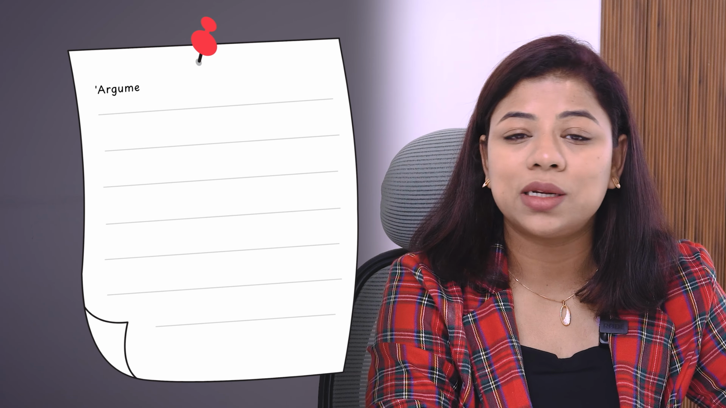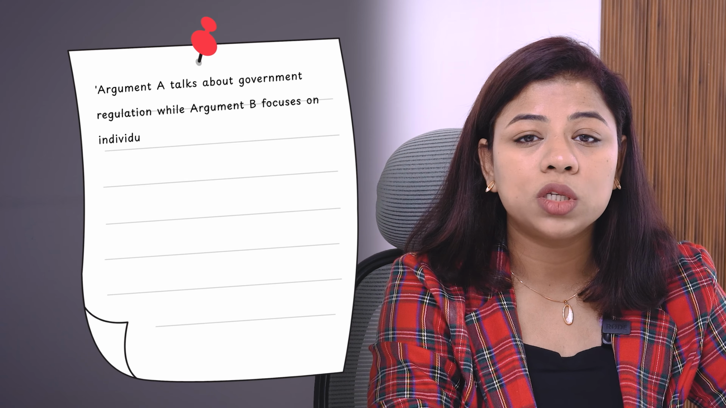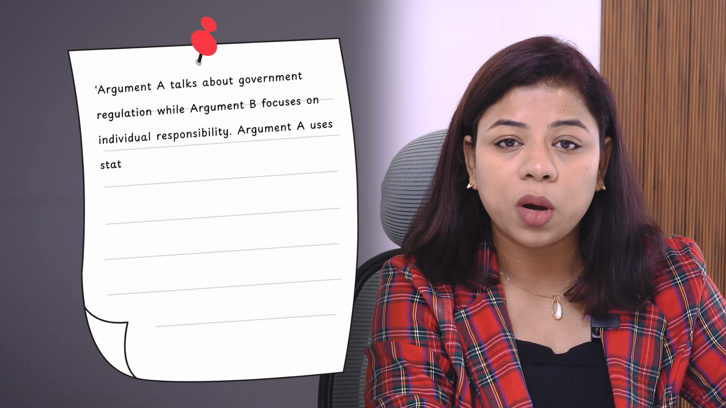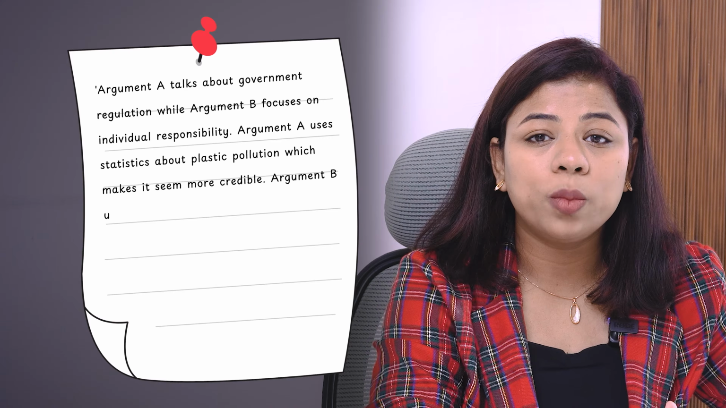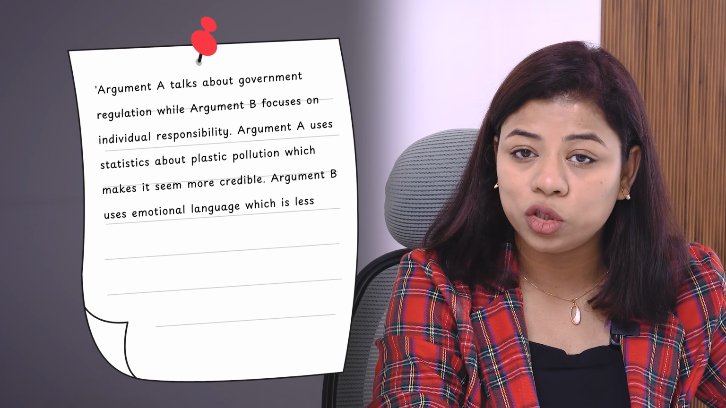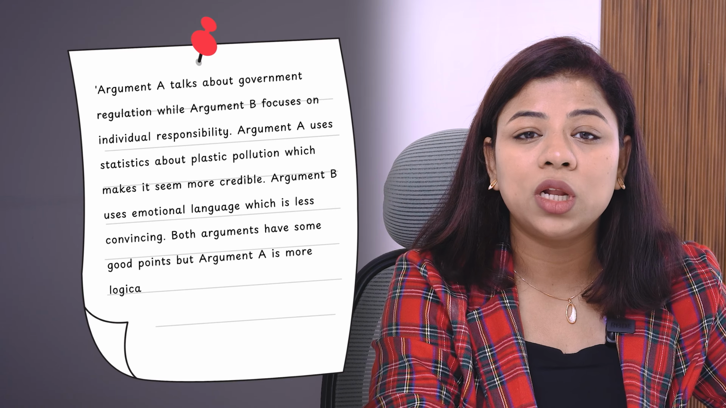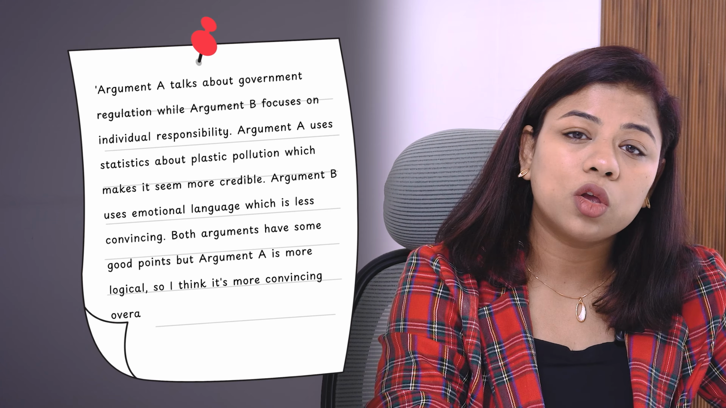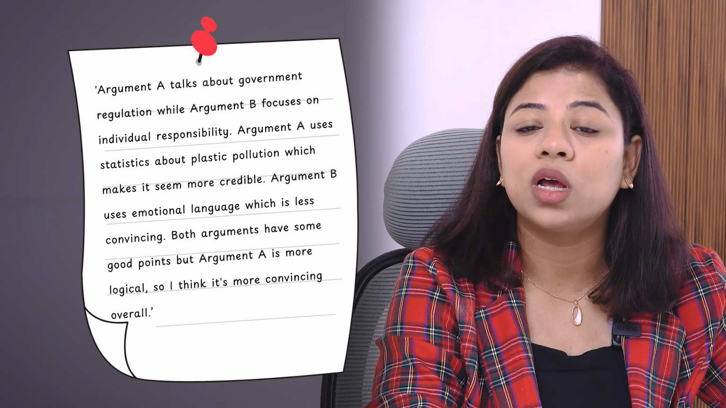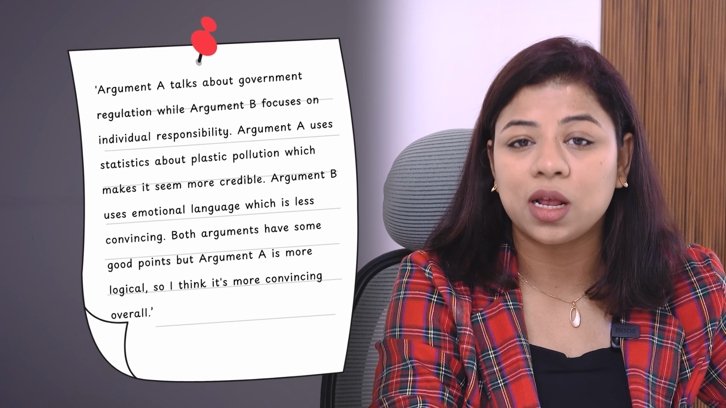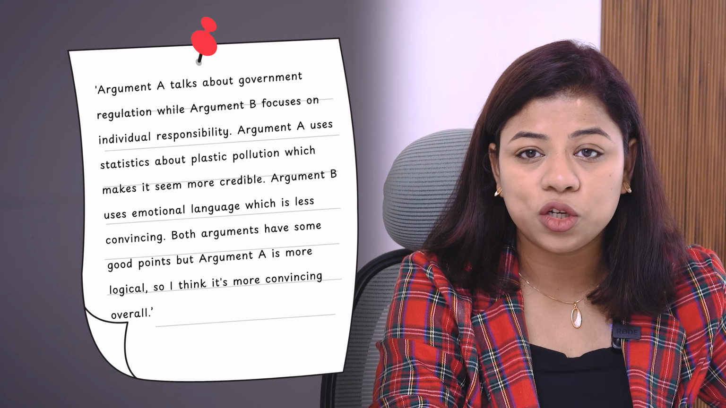She showed me her latest practice answer comparing 2 different arguments about reducing plastic waste. Her response was, Argument A talks about government regulation, while Argument B focuses on individual responsibility. Argument A uses statistics about plastic pollution, which makes it seem more credible. Argument B uses emotional language, which is less convincing. Both arguments have some good points, but Argument A is more logical, so I think it's more convincing overall. This was her answer. And the result was 5 marks out of 16, which is level 2 according to the